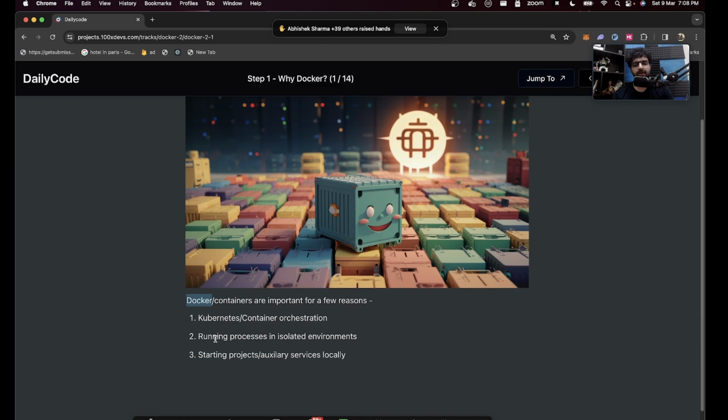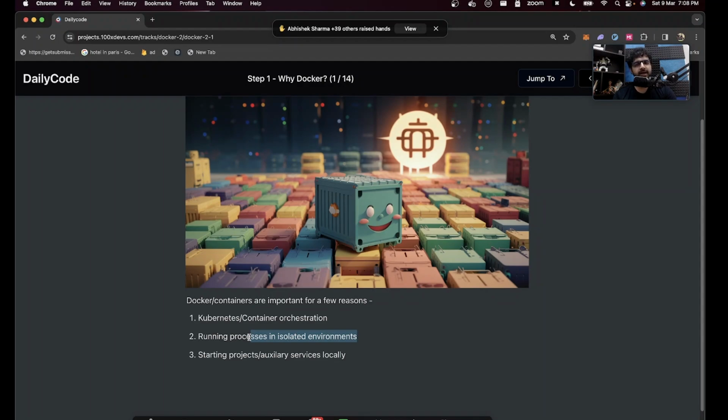Number two, if you want to run processes in an isolated environment, and what isolated environment means we'll come to very soon. If you've seen my Replit video on YouTube, if you've heard me build LeetCode in the past, I have kept on saying one thing, which is you should run code in an isolated manner whenever you're building something like Replit or LeetCode. Docker lets you do that, or more specifically, containers let you run code in an isolated environment. There are many benefits to this, and I can name a few.